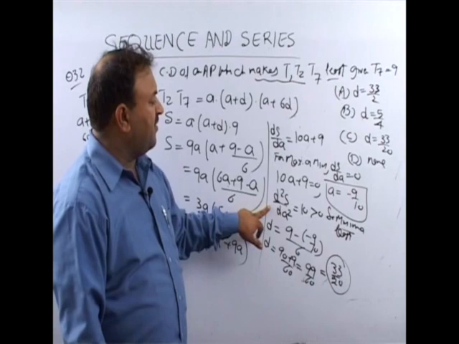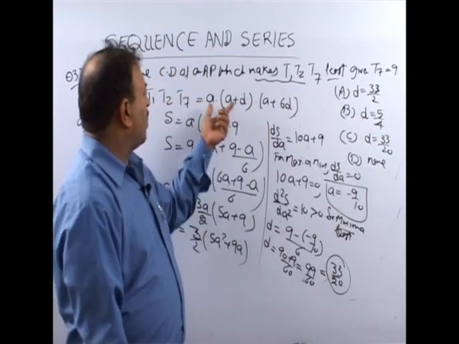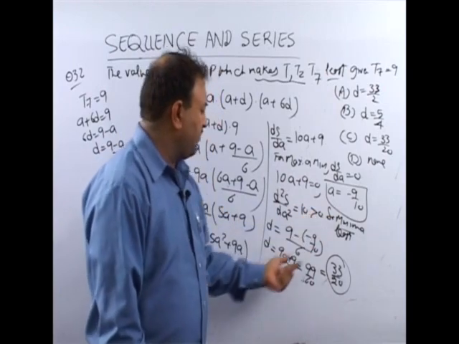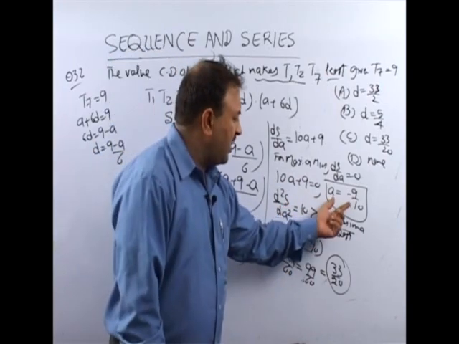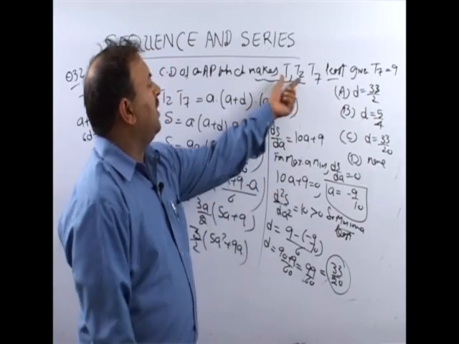We find out the double derivative. It shows that at A, this term will be what? Maximum. It comes out to be positive. So at A equal to minus 9 by 10, this term will be minimum.